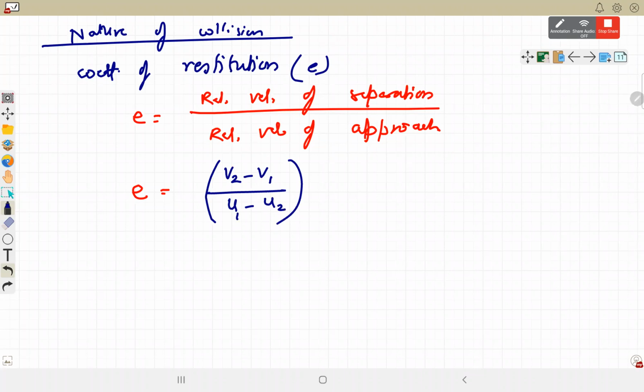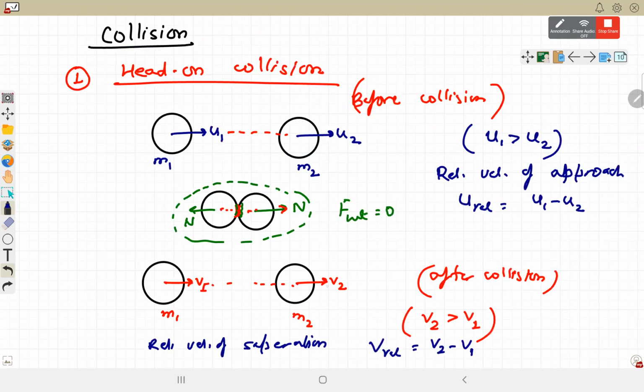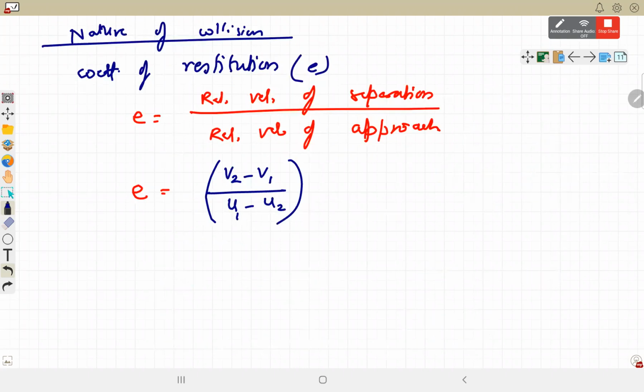Velocity of separation, and all these equations are in vector form. Vector form means we have assumed that velocities are in the same direction. Here u1, u2 and v1, v2 are in the same direction. So v2 minus v1 divided by u1 minus u2, that is the ratio. If suppose after the collision the first particle has reversed the path, so we will put u1 with a minus sign, v1 with a minus sign. So the second equation that we will always make is: relative velocity of separation is e times relative velocity of approach.